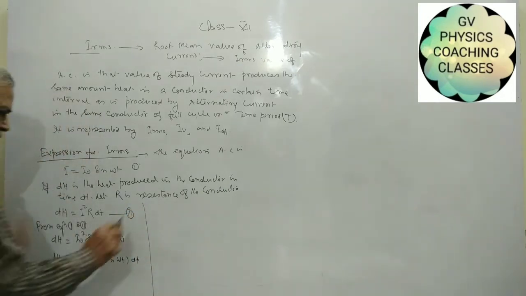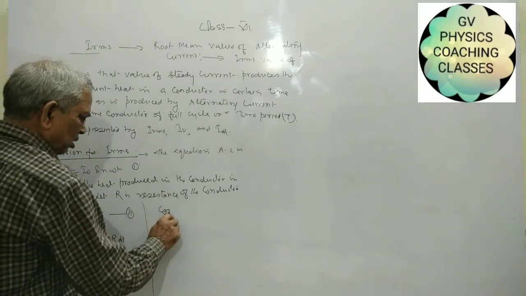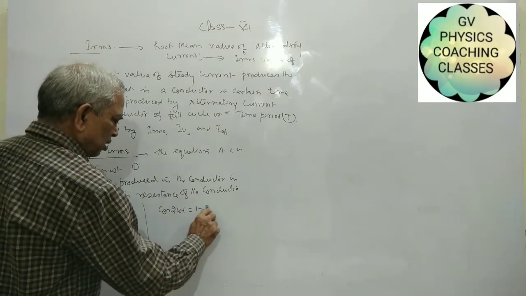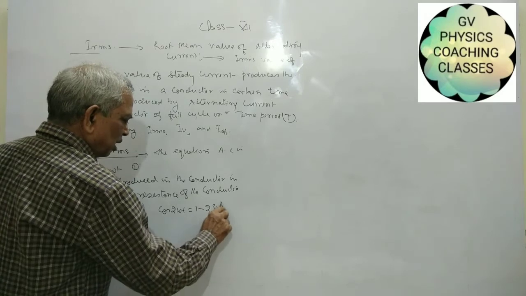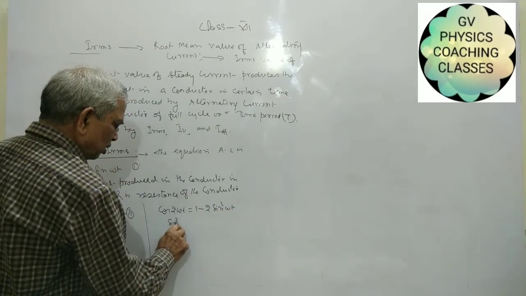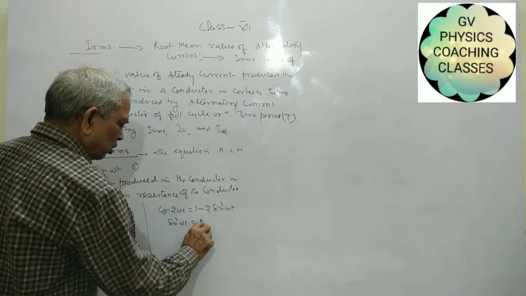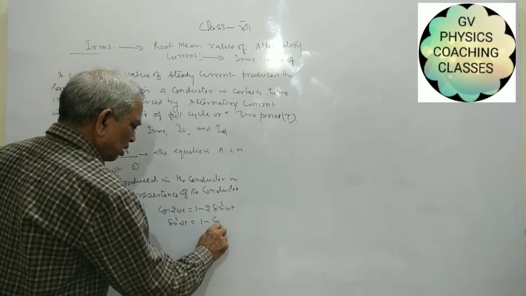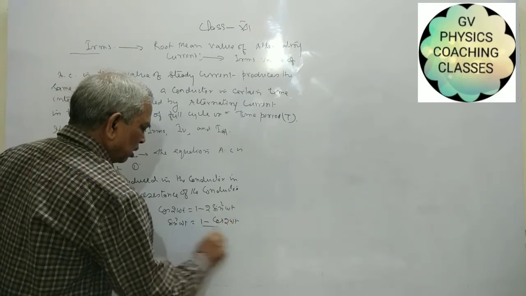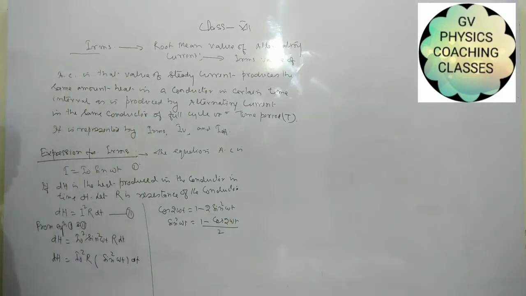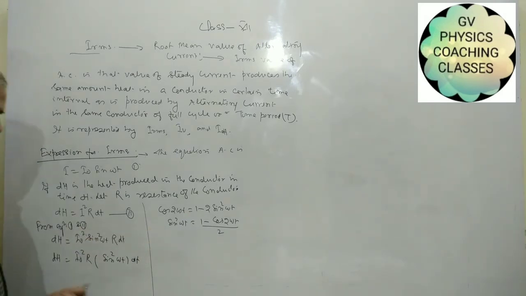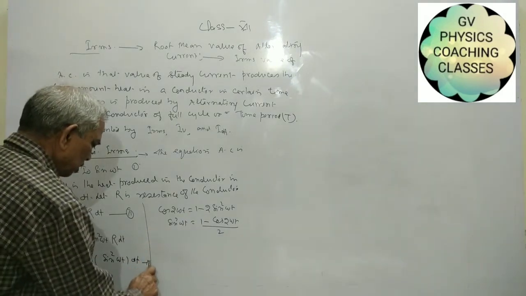Since cos 2 omega t is equal to 1 minus 2 sin square omega t, or sin square omega t is equal to 1 minus cos 2 omega t upon 2. So this value can be placed here. So equation third